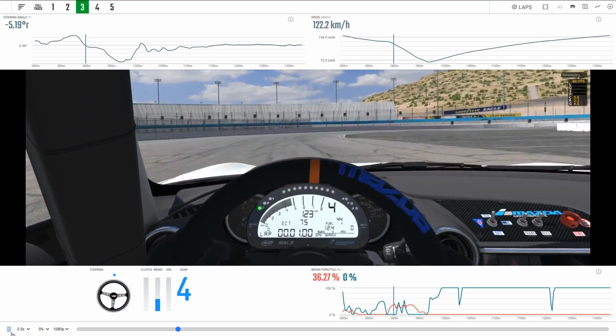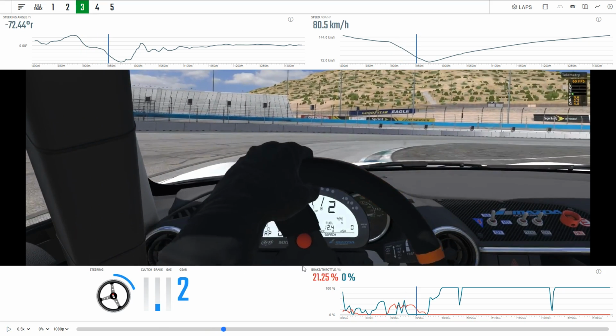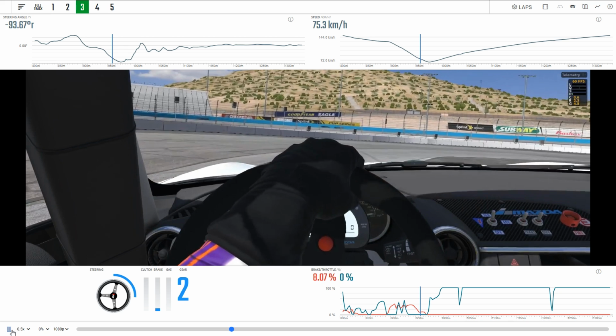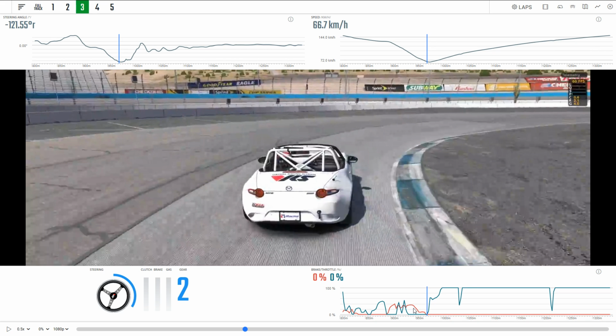So a couple of blips down into 2nd gear, fairly brief braking zone, and you are still kind of having the car loaded up, so you can't afford to brake too hard here. And notice how I hold the brakes all the way into the middle of the corner. So if I just show you that, I've come off the brakes but I hold the brakes on in the middle of the corner, and that helps the car rotate because this is a double apex right-hander,